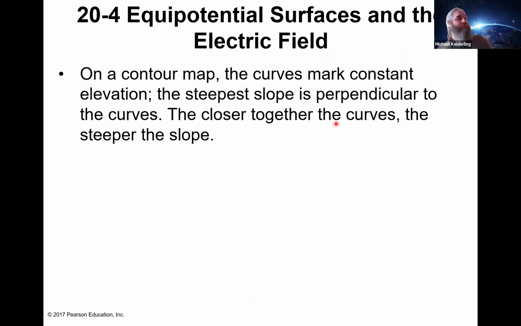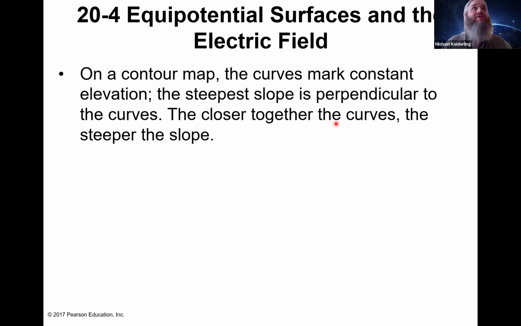Now, we can also draw, like on a contour map, curves of equipotential, constant potential. On a contour map, the curves represent constant elevation, and the steepest slope is perpendicular to the curves. And the closer together the curves, the steeper the slope. Well, if we draw